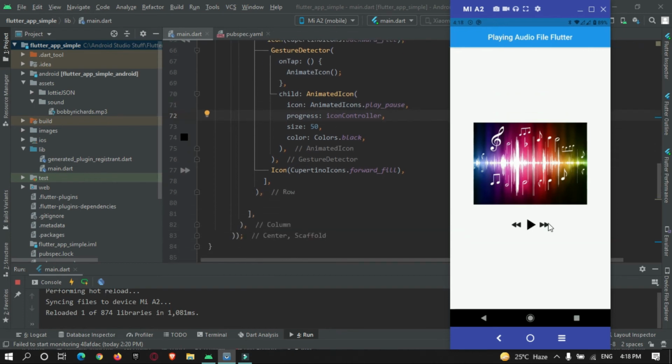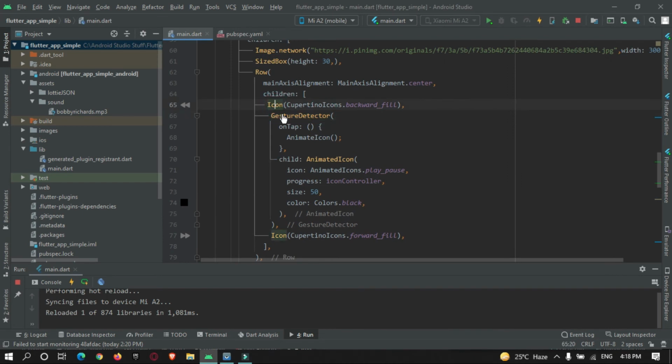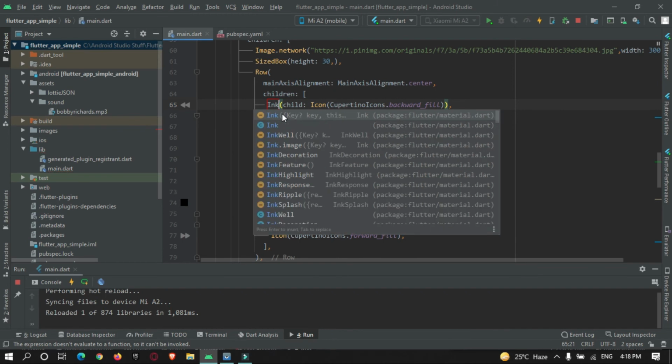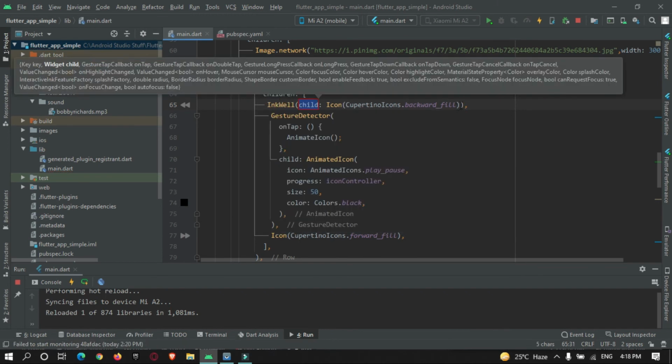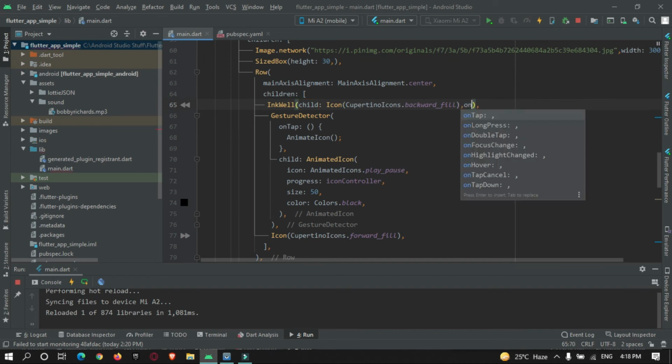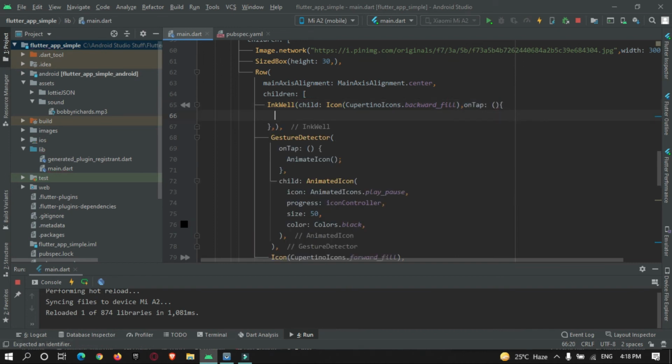So let's give functionality to it. For that, I will just wrap this icon in a widget called InkWell. In this InkWell, there is a method called onTap. It will detect when an icon is pressed.